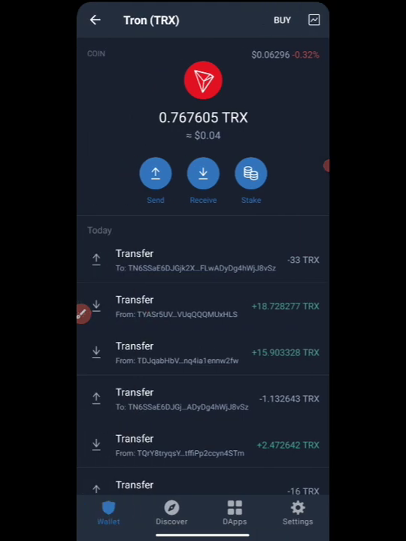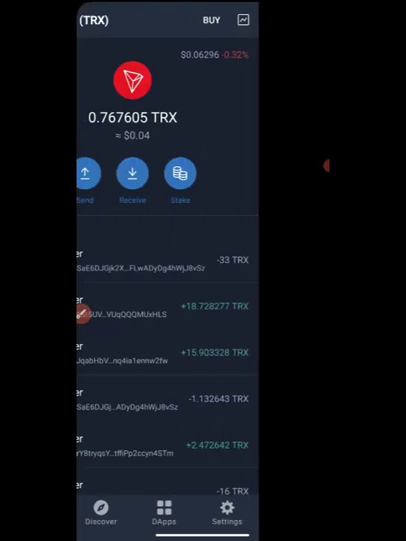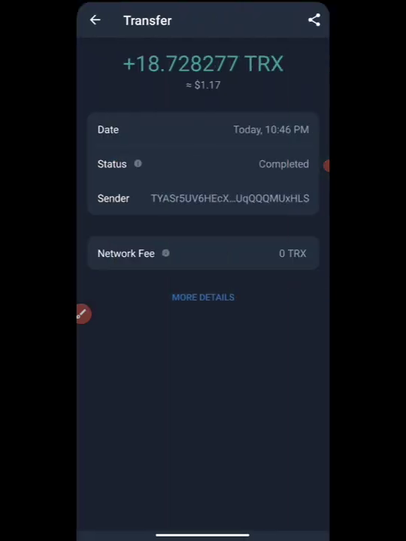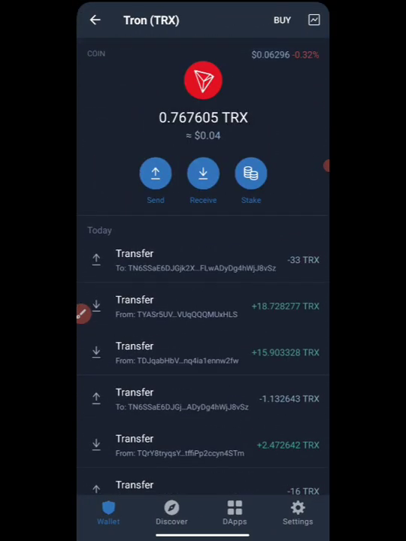You can see minus 33 TRX immediately. This actually came in about 10:53 p.m. and this other one also came in about 10:56 p.m., and it actually went out about 10:47 p.m. So that was when they actually saw that. And let's go straight. This is just today already. This is when the new logic of scamming actually came out right now.